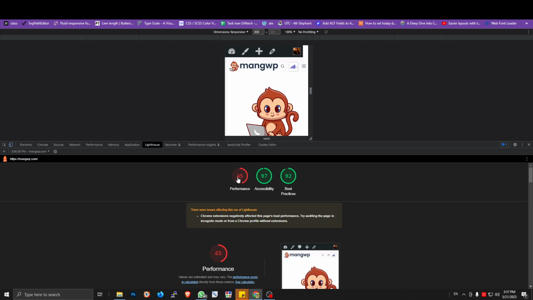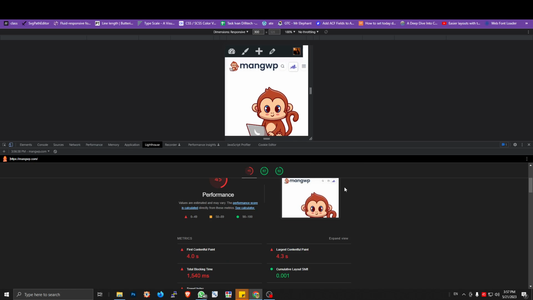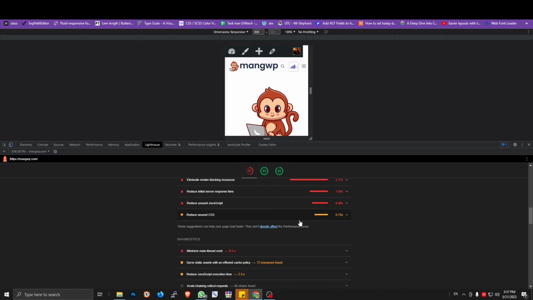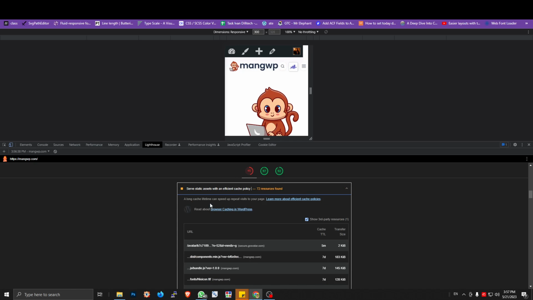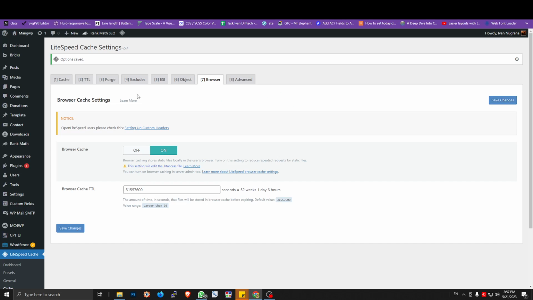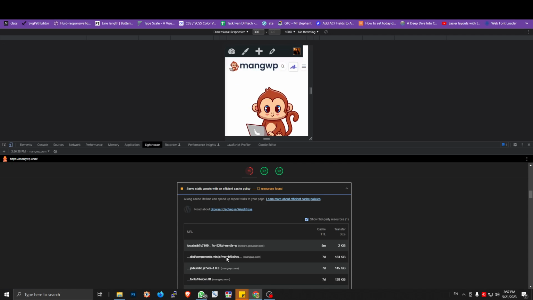Okay, let's see the result of the audit, the result for the metrics. Please ignore this red value for performance. Anyway, let's scroll down, and you can see here the browser cache setting, which I had set to 1 year, is showing 5 weeks, so it's not working. Let's take a look at the source.